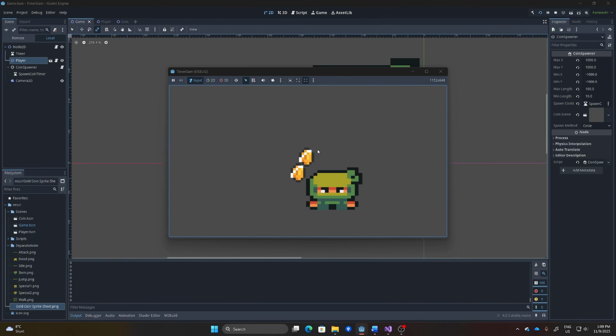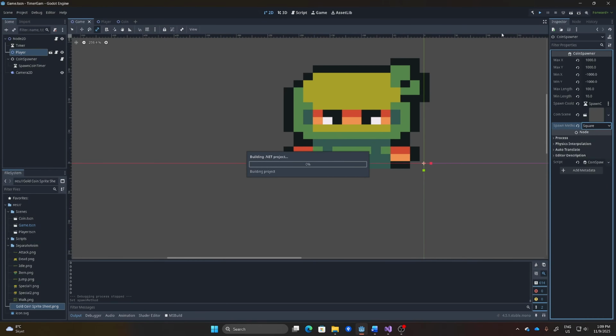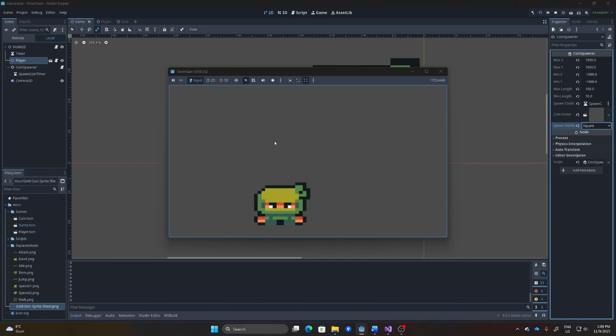And it is. Here you can see the circle. And if we go in and put it into a square, then you can see the square that's coming out here.